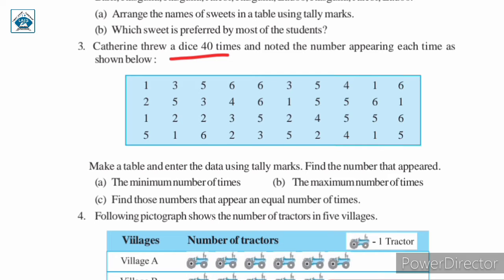It has 6 faces और उसमें नंबर्स लिखे हैं from 1 to 6. यानी कि यहाँ पर जो इन्फॉर्मेशन गिवन है, 1 से लेके 6 तक के जितने भी नंबर्स हैं वो रिपीट होंगे यहाँ पर. तो हमें सबसे पहले एक टेबल बनाना है and we need to enter the data using tally marks, which is similar to the previous questions. So you need to solve this question on your own and write the proper solution in your notebook.